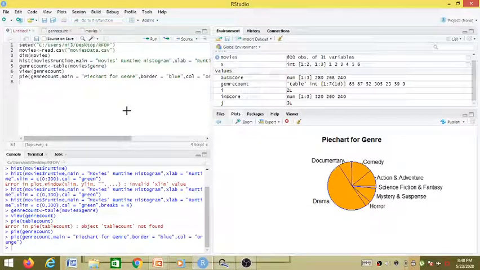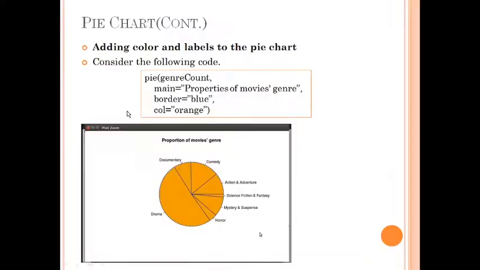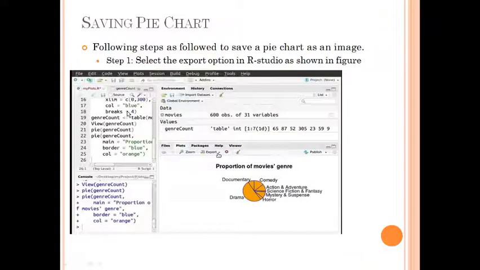So this is the basic information about creation of a histogram and a pie chart. Now, if we want to save this pie chart or the previously created histogram to be used at some other place, like in some PPT presentation or in some report, then we can do so by following these steps. See here, step 1: we need to select the export option, which is here.